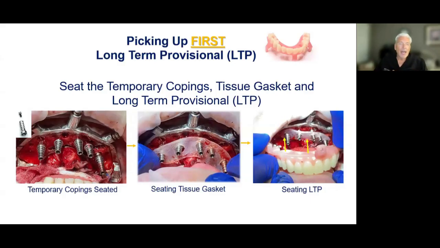Apologize for that. But here you see the temporary copings are all in place. A prefabricated tissue gasket protects the surgical site from any of the luting material. And then the provisional has little arms on it that again get pinned and stacked onto that bone foundation guide. So you can now start to see the value and the importance of getting that metal